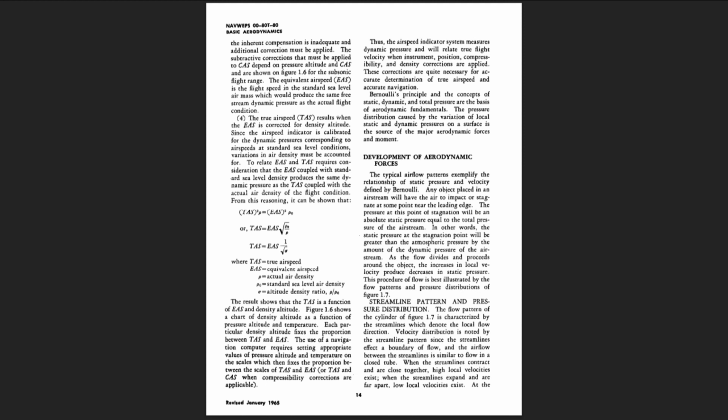4. The true airspeed, TAS, results when the equivalent airspeed is corrected for density altitude. Since the airspeed indicator is calibrated for the dynamic pressures corresponding to airspeeds at standard sea level conditions, variations in air density must be accounted for. To relate equivalent airspeed and true airspeed requires consideration that the equivalent airspeed coupled with standard sea level density produces the same dynamic pressure as the true airspeed coupled with the actual air density of the flight condition. From this reasoning, it can be shown that